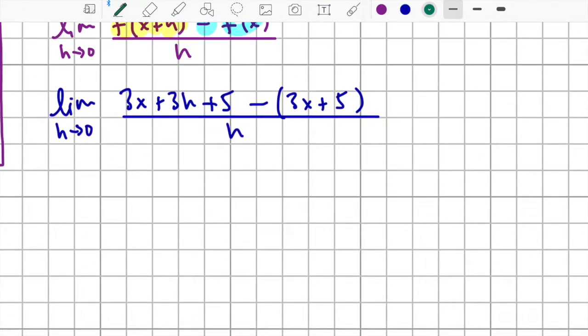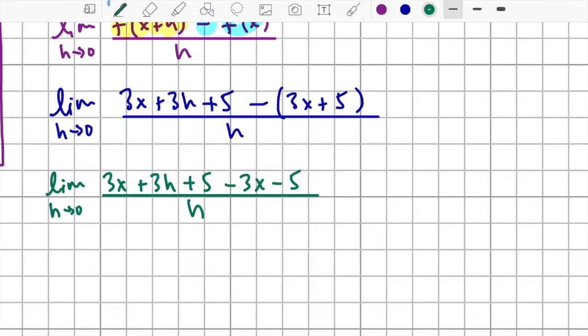Next step. Distribute the negative. So it's limit as h approaches 0, 3x plus 3h plus 5. Distribute the negative, minus 3x minus 5. All of that